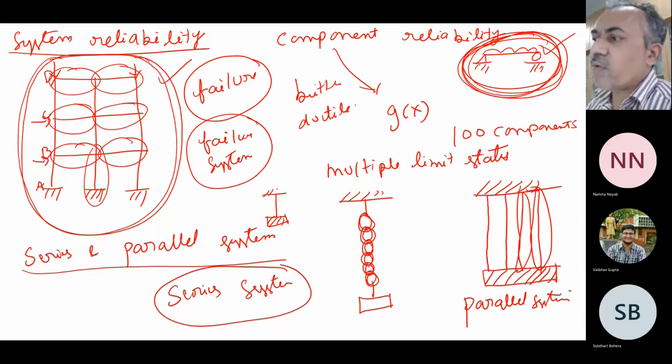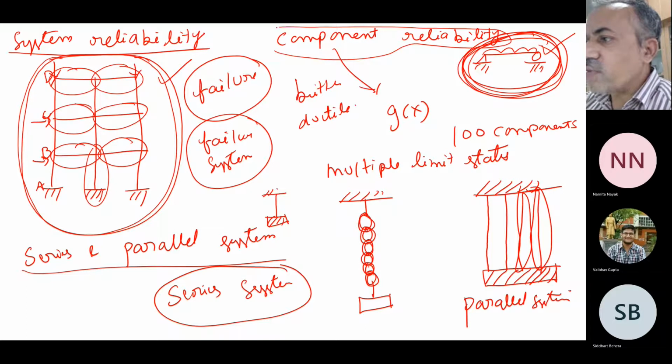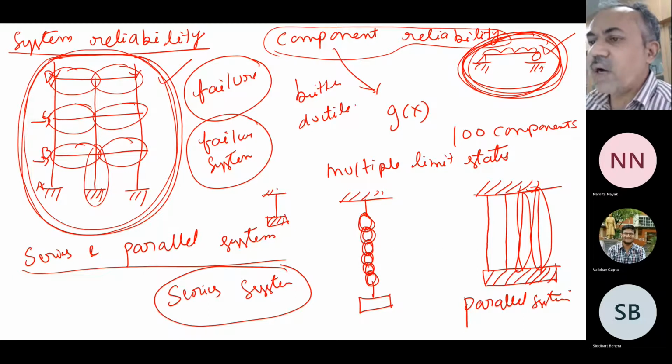Now the next topic we are looking at is system reliability. We have discussed how to calculate component reliability. Now suppose you want to treat it as a system. Even our civil engineering structures don't have just a single beam and a column. If you want to find the reliability of a building, it will have multiple columns and multiple beams, and each individually we can calculate. Individual beams and columns have their probability of failure and their reliability index. But now we have to find the overall reliability on the whole set.